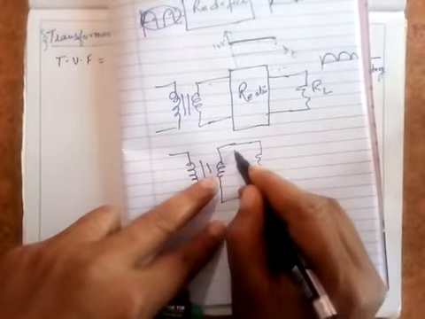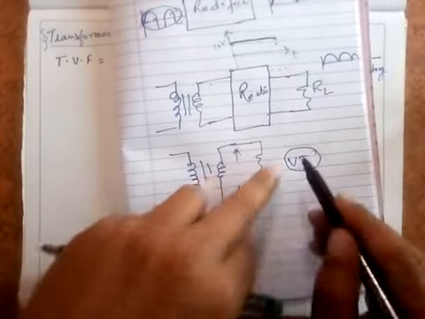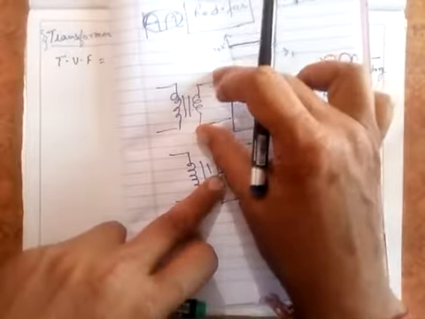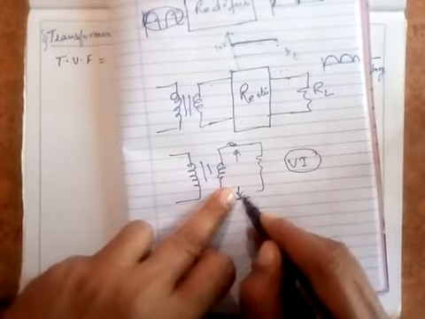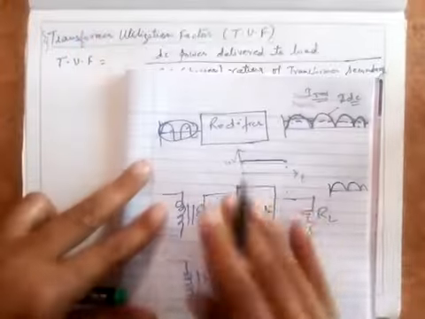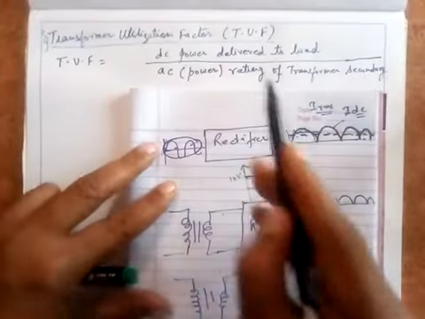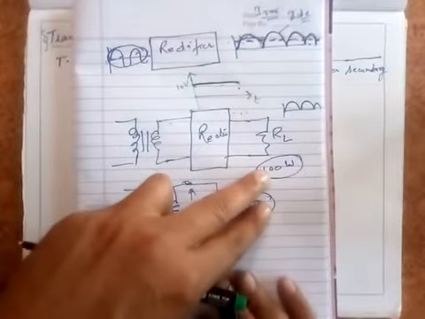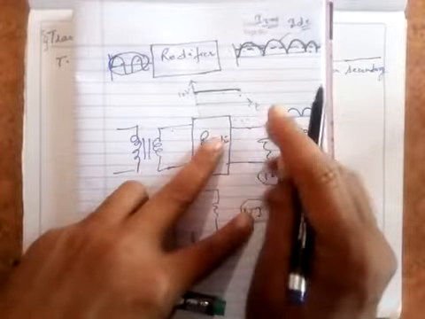That is called the VI rating. Power means voltage into current, energy per unit time. So every transformer will have the VI rating of its secondary, because this secondary is supplied to any other circuit. The output of the secondary is the input to any other circuit, that is, it is supplying some power. So every transformer will have some power rating, and of course it is the secondary rating. Now for example, suppose the power rating is 100 watt, and suppose I am utilizing only 80 watt of this because of the circuit elements and all.